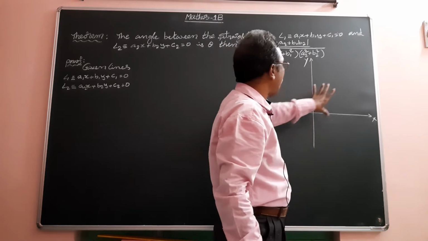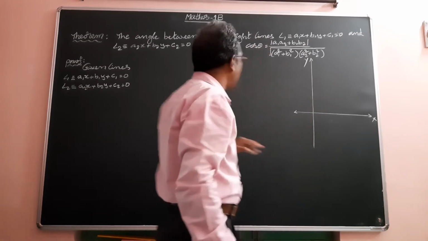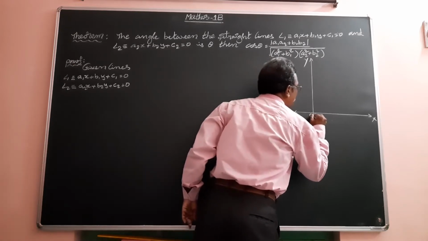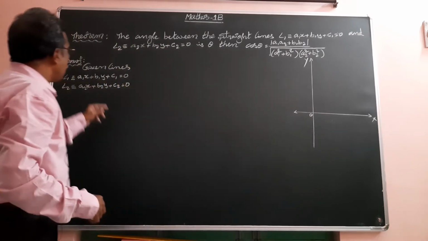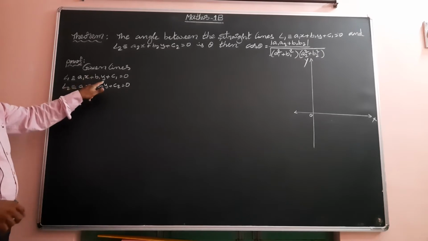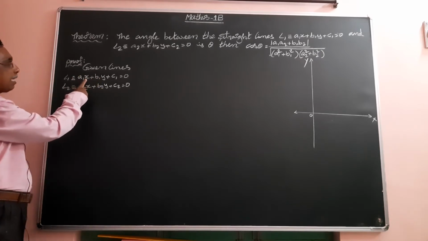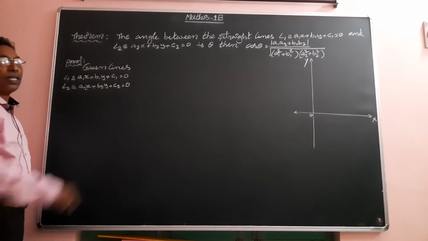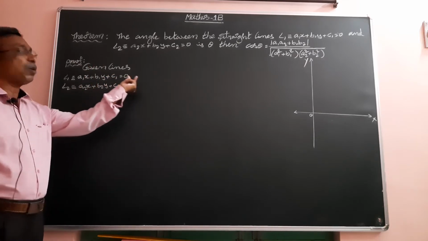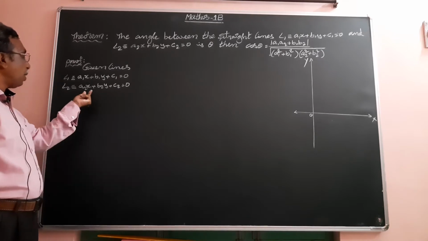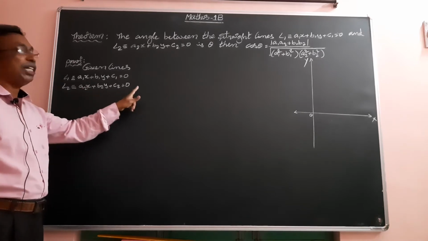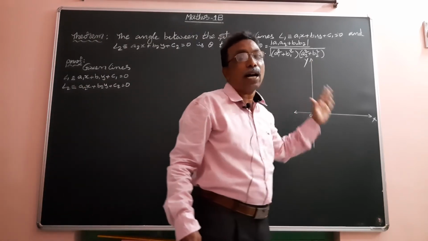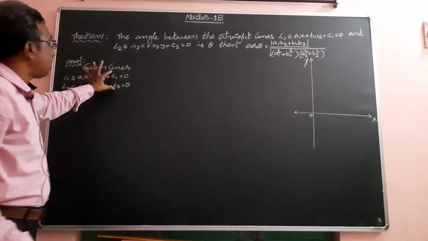The two straight lines pass through the origin, means origin is 0 0. Origin is O means 0 0, x equal to 0, y equal to 0. Now substituting x equal to 0, this term is 0, y term 0, the total value is C1 equal to 0. Here A2x, x 0, y 0, C2 equal to 0. Now any line passing through the origin means the constant is eliminated.